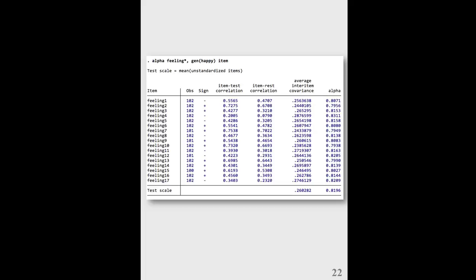Okay, one thing before the break. This is what that table looks like. Let's go through what we see here, one by one. First, what's called item test correlation, in that column right after the signs. Oh, and before I forget, the first thing to do here, before looking at all these numbers, is looking at